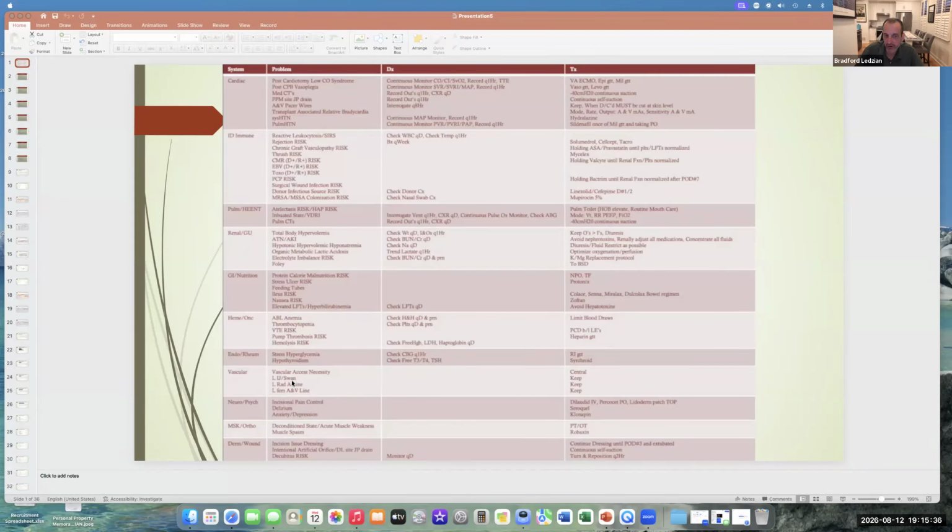And you have to balance it with the fact you don't want to get rid of all your lines and then leave the patient in a situation where they have an emergency and now they don't have proper access. You need proper access for the level of care that the patient needs, but you don't need unnecessary or redundant access. That's just going to be problematic for you, right? That's the idea. You want to ask yourself questions about how to move your patients forward, right? And so we spent about a quarter of the hour talking about that, and we're going to move on to some other things here.